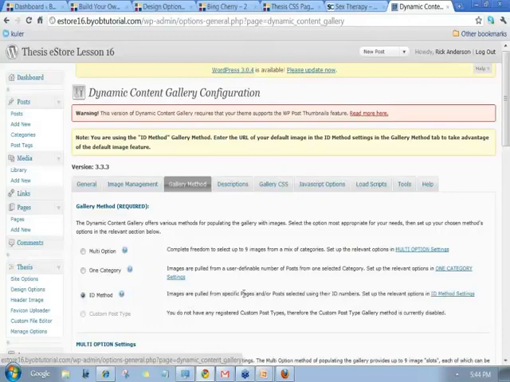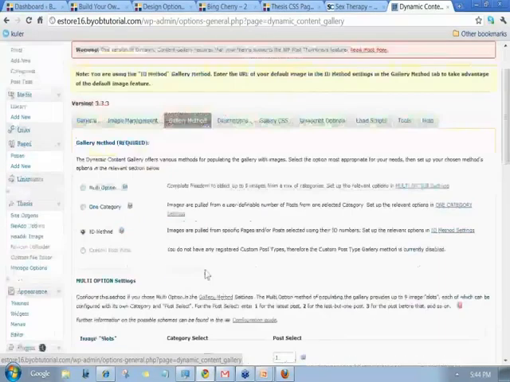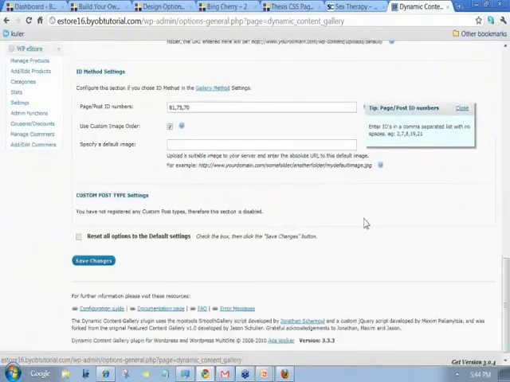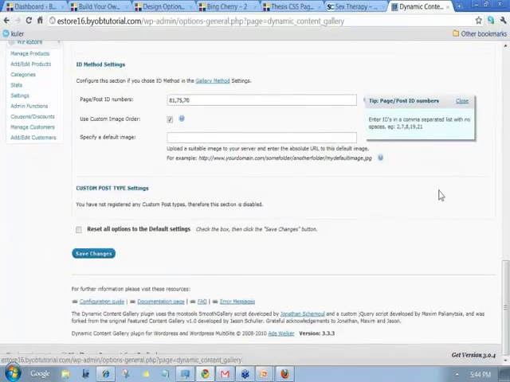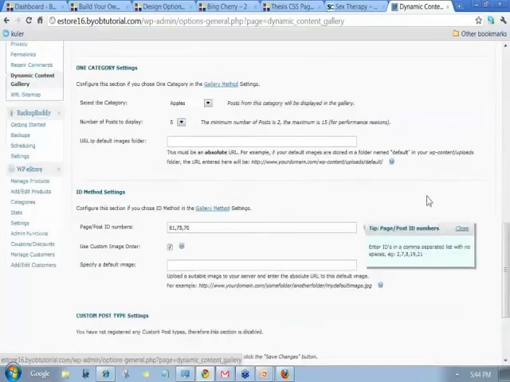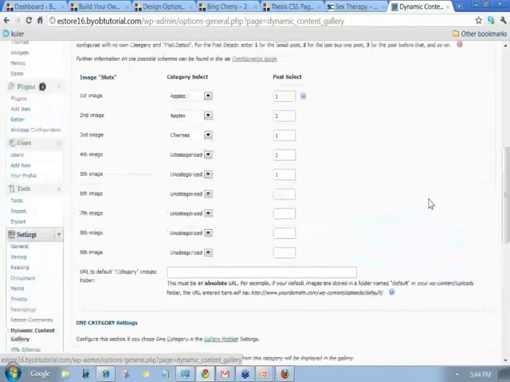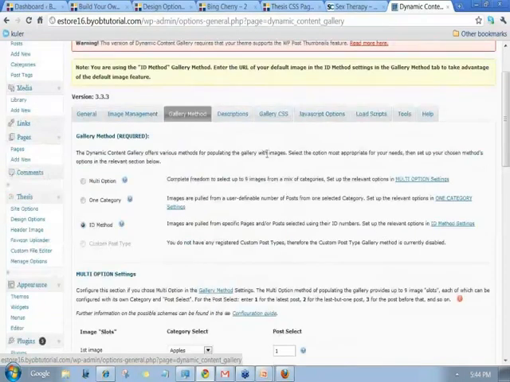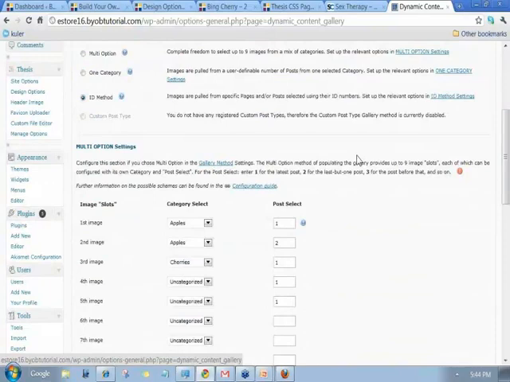Images are pulled from specific posts, and then once you get those images, let's see. You know what? That's actually not the case. You have to go outside of WordPress? Yeah, it's actually not the case that you can link outside